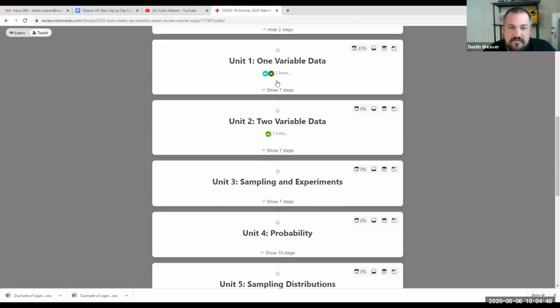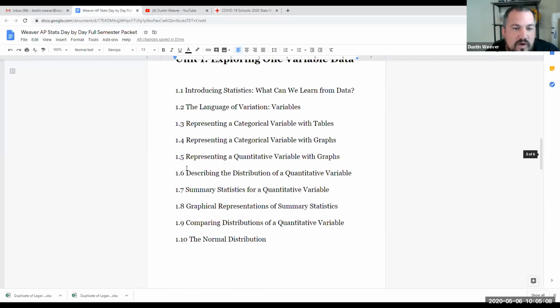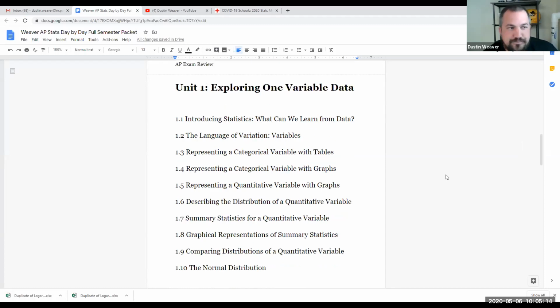And Unit 1 is one variable data. I was working on some things with one variable data, but I wanted to show you exactly what is in Unit 1. So what does AP Statistics say that you should know in Unit 1? Right here is the list of everything in Unit 1. Exploring one variable data starts with just an introduction to the statistics course, just saying what can we learn from data. But the key things that are in there, I'll go through them really quickly,